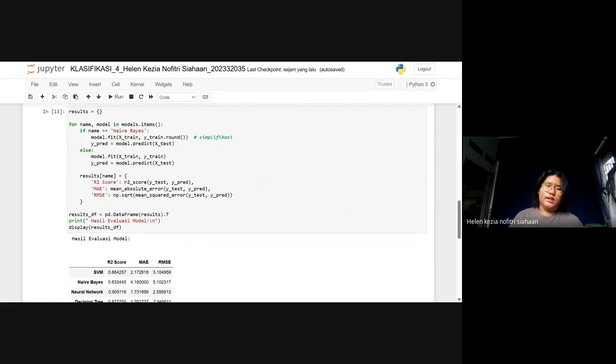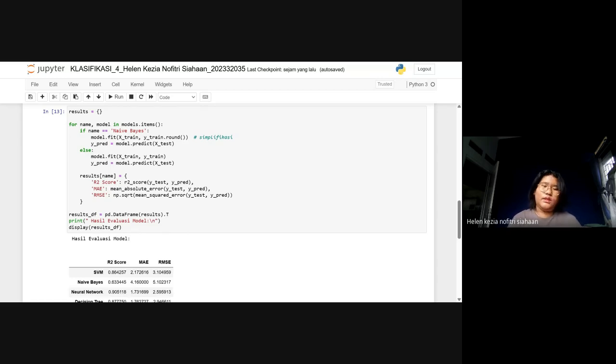And for the results, it will be for name, model in models.items. It will be model fit X_train, y_train, y_pred is model predict X_test. The results will be R2 score, with y_test and y_pred, MAE or mean absolute error with y_test and y_pred, and the RMSE will be mean squared error with y_test and y_pred.